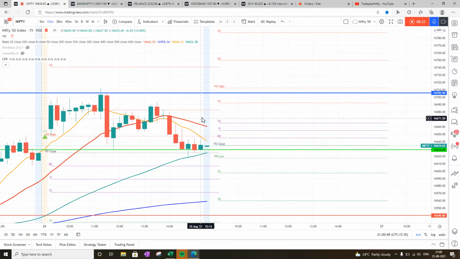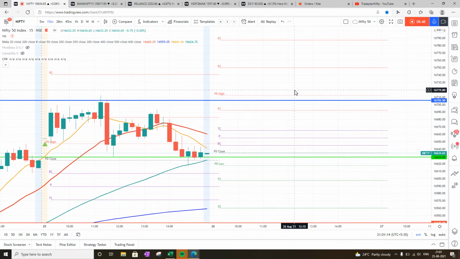Second option is that it opens above pivot and doesn't come down. There is a very good chance of that tomorrow because today the market did not touch the pivot. This is a 20% scenario, when the market does not touch the pivot, and that has happened today. So tomorrow there is a very good chance the market will open above pivot and keep moving up only. In that case, a 15-minute breakout with stop loss below pivot is the second option which I will take.